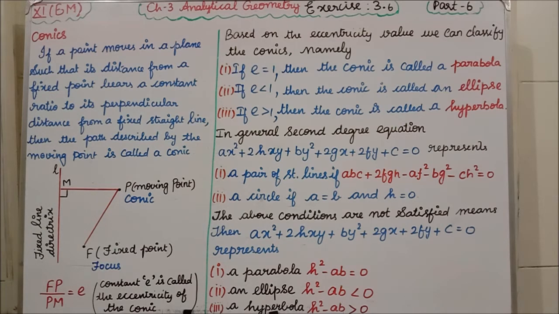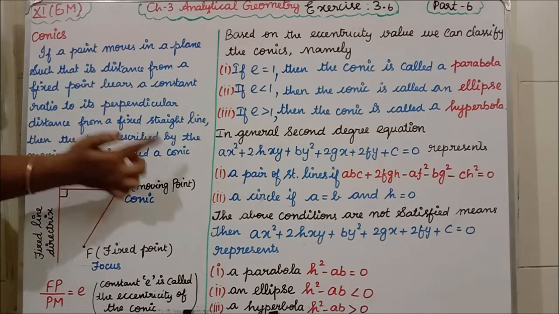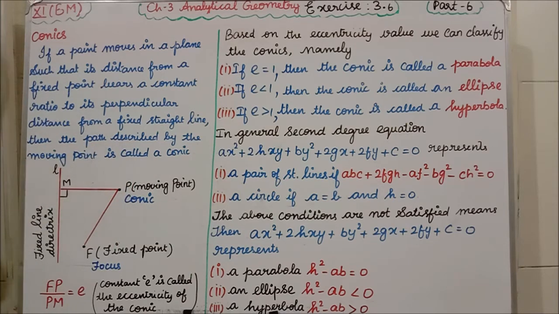Students, in chapter 3 analytical geometry, the very first topic we learned, do you remember? Yes, we learned about locus. At that time itself I explained about the locus. Now, with a similar rhyme, we are getting focus. Don't get confused between locus and focus. Clear, all of you? Focus means the fixed point. Conic means the path described by the moving point. Clear? The fixed line is called what? The fixed line is called the directrix.